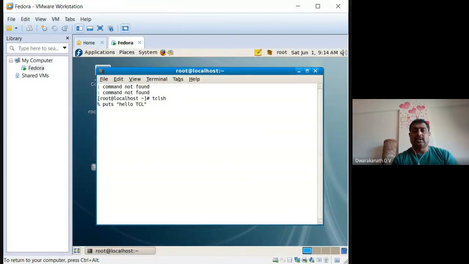Together, the puts command displays whatever is within the quotes on the output screen. Now Hello TCL is displayed on the screen.